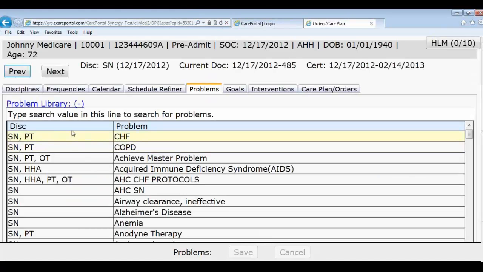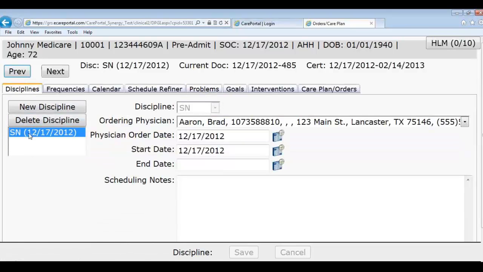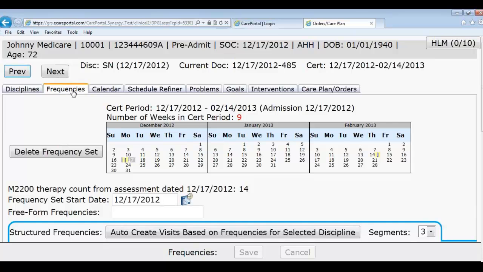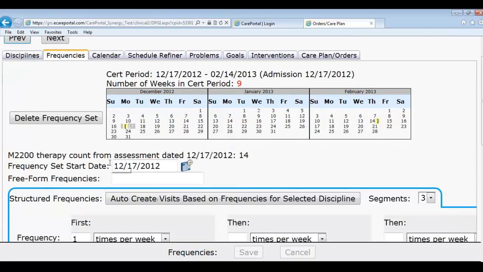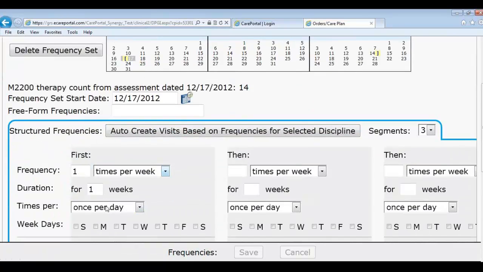So you're going to choose, for disciplines, you've got SN, and you can put in frequencies, and it gives you automatically 1 time a week for 1 week. But you can put 3 times a week for 8 weeks here, and then maybe in the last week you're going to have 2 times a week for 1 week. So Monday, Wednesday, Friday,